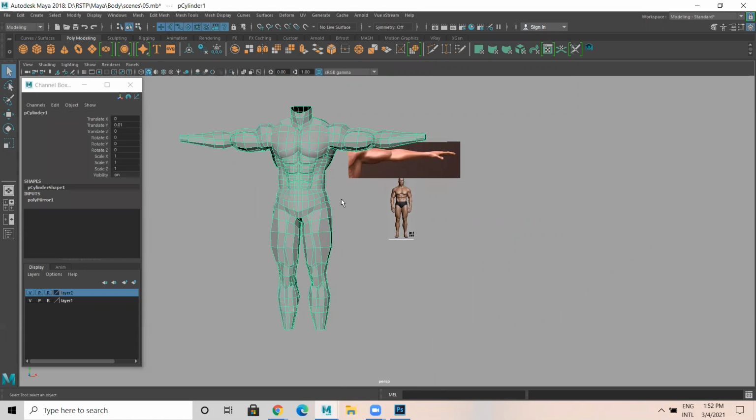Means we have done the model earlier. Okay, so let's see this.